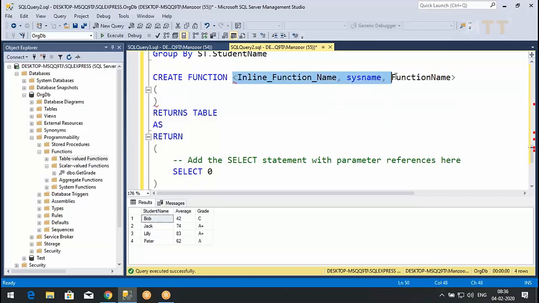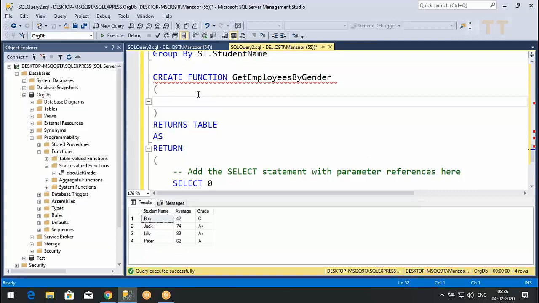I'll say create function get employees by gender. So I'll pass @gender as varchar.